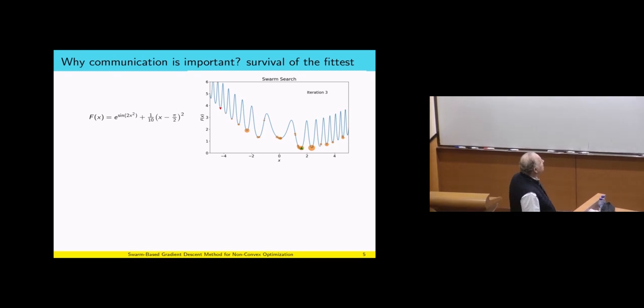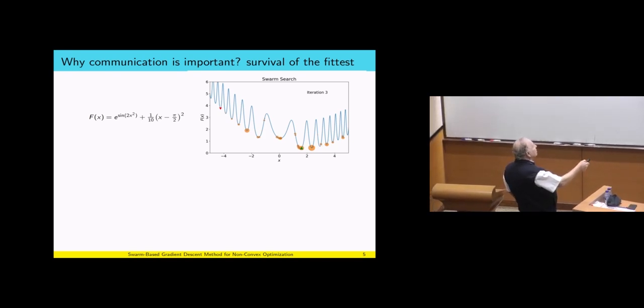The third stage, we continue. Aha! Now you can see that some of these agents are here. This is still the heaviest, but you know what? This is not the lowest, because this is actually the minimizer. You can see that here you have agents which concentrate in this big valley. This is still the heaviest. This is still the lowest. And you get all these agents which are scattered around.